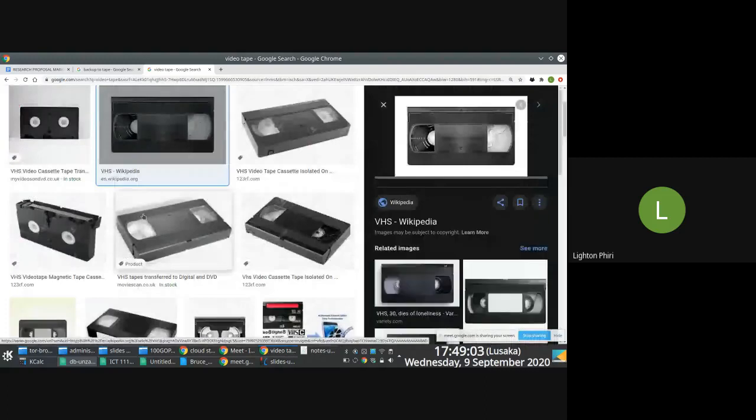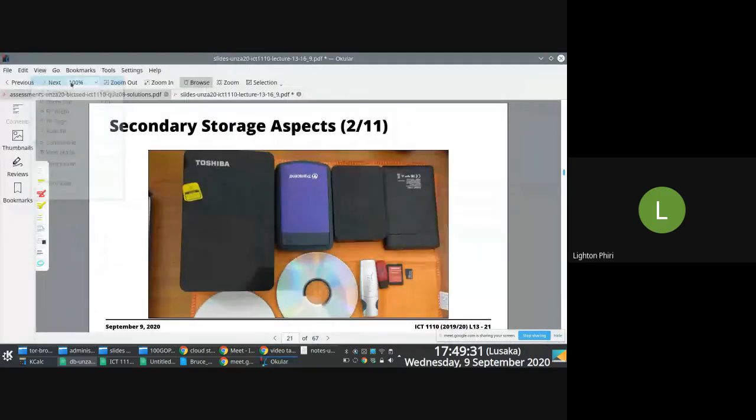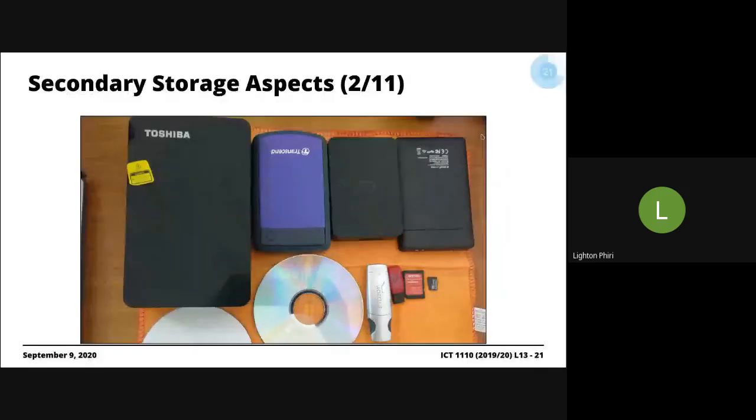I'm a dinosaur. So this is the thing here, right? Tape is extremely slow, and part of the reason is that it's sequential. You cannot access data randomly. If you want to access data at the further end of the tape, you have to spool the tape to the location where the data is written, which is why tape is perfect for archival storage purposes. But anyway, different aspects here, right, size and all these good things.